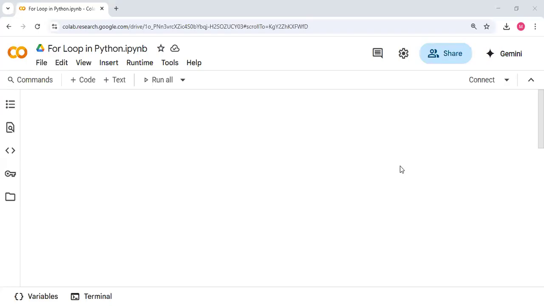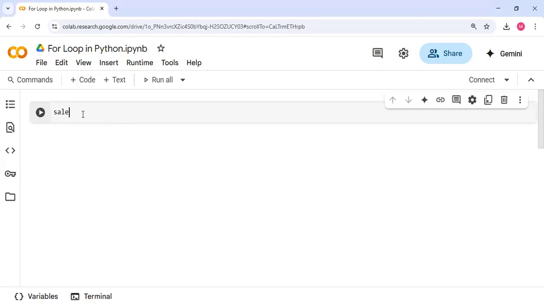Hello and welcome to today's topic, for loops in Python. Loops in general is a term used for repetition. Similarly, a for loop is a loop in Python which steps through the items of a sequence like lists, tuples, or strings and then executes a block of code repeatedly, for the number of times based on the number of items in the sequence. For example,